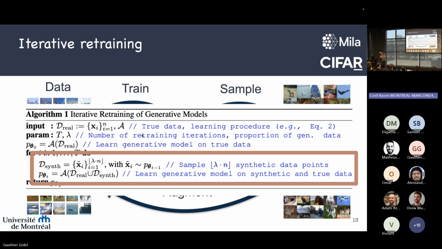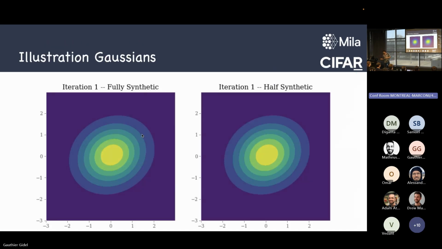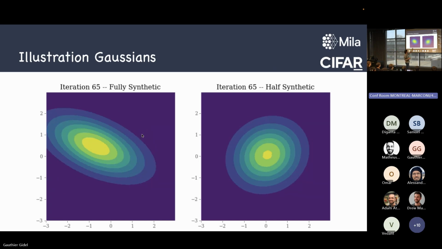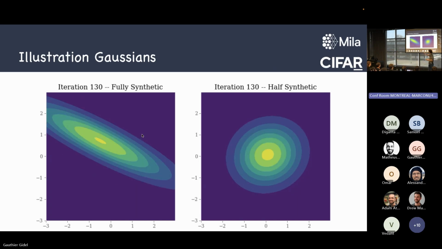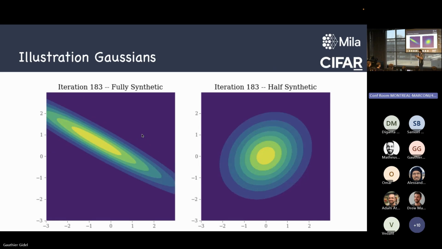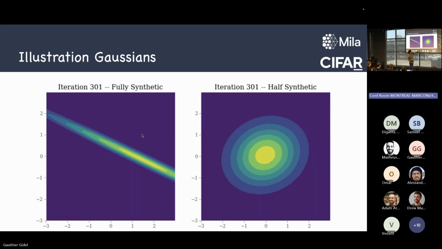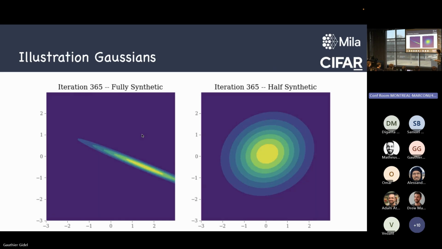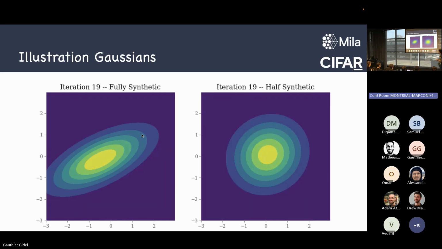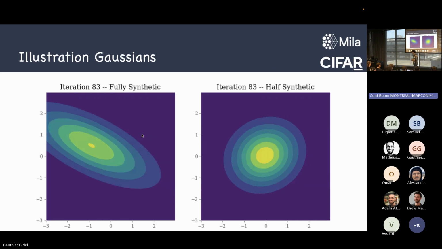How much does the ratio of synthetic versus real affect the instability conclusion in these two examples? I can tell you that in the two examples, if you add real data, you will remain stable. Once again, great question, because I have a slide for it. If you do 50-50, on the left you see fully synthetic data, and on the right you are now mixing, training half on real data and half on synthetic data. And what you can see is that the right one is not collapsing. I hope you are visually convinced by that. And we can also actually prove it theoretically.